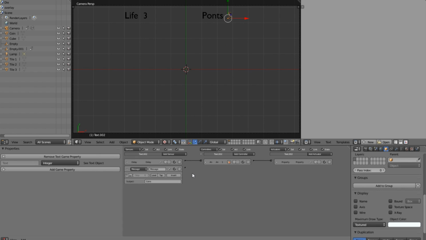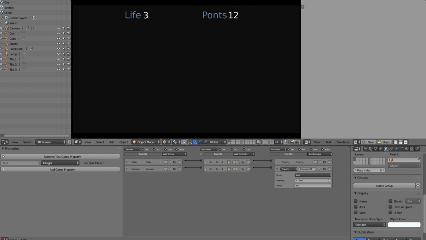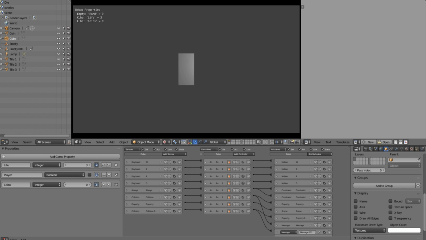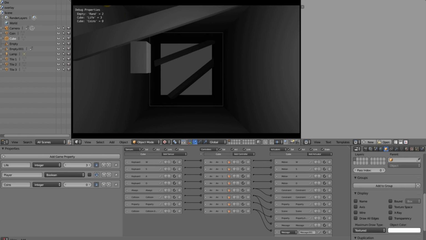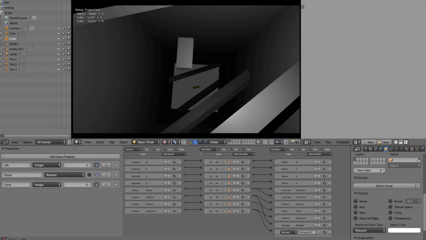What we're going to do, if we get coins, we're going to set the points to something quite big. So I'm going to go ahead and add a property. So we connect it up to a property. I'm going to go add, and I'm going to go something like 50, so we can definitely see a change. So now you can see if we go into our game, or also known as scene, if we collect some coins, which is quite hard to collect,